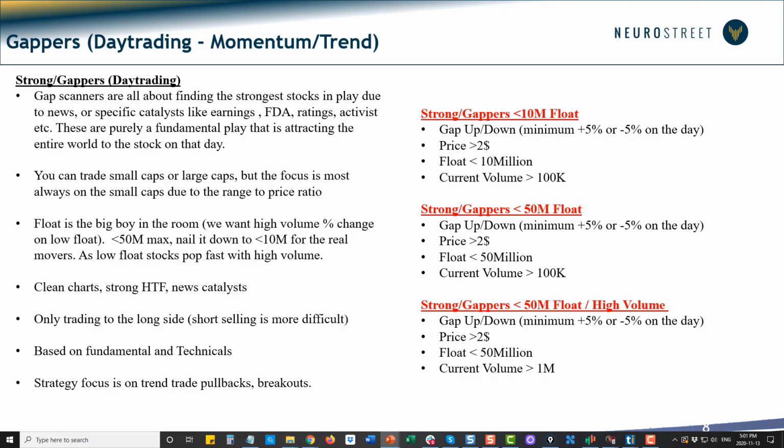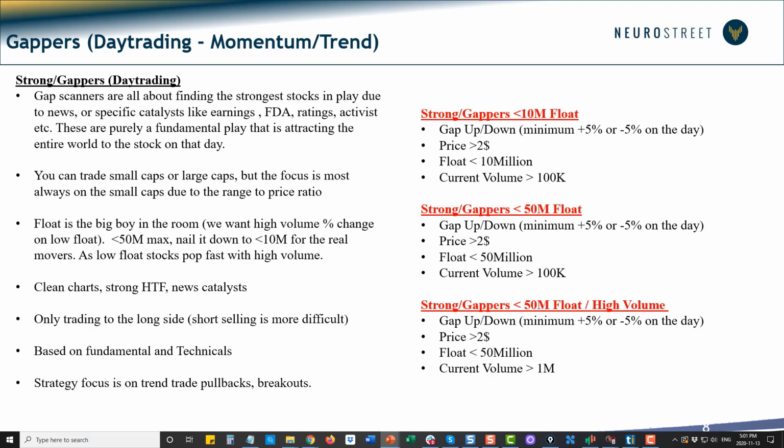So when we talk about the strong gapper scanning, okay, this is a directional scan. We're looking for momentum stocks. And normally, we're looking for stocks that have major catalysts: FDA ratings, approvals, any major earnings, any fundamentals that are driving the stocks. You can trade this on small caps or large caps, but the focus is mostly on the small caps due to the range and the price range, right? Range to price ratio,